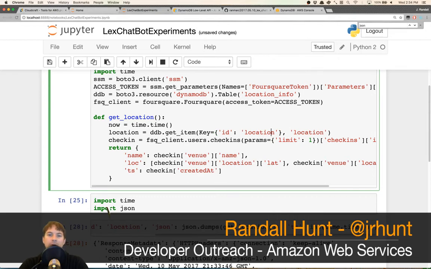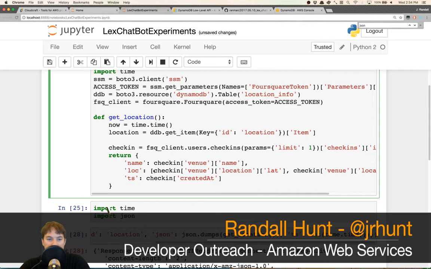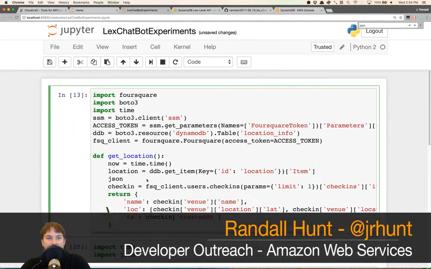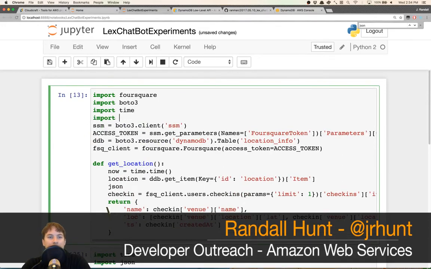Location. So key ID is going to be location, and we'll just call it item. Otherwise, we should fail. So we can always rely on that being there. And we want to do JSON. Okay, so I need to import JSON. So the first thing we want to do is, if I'm going to call this item actually. Item's not a reserved keyword, I don't think. If item